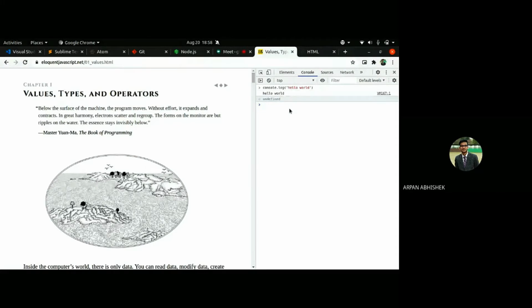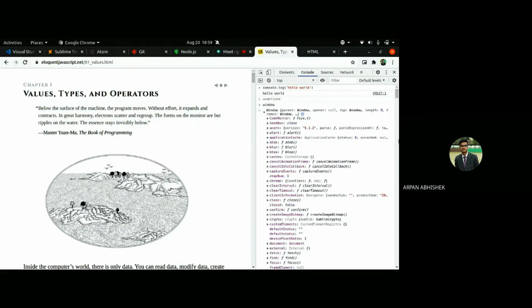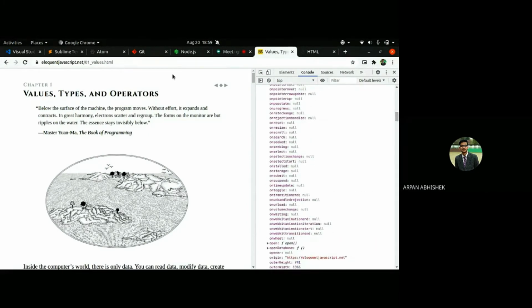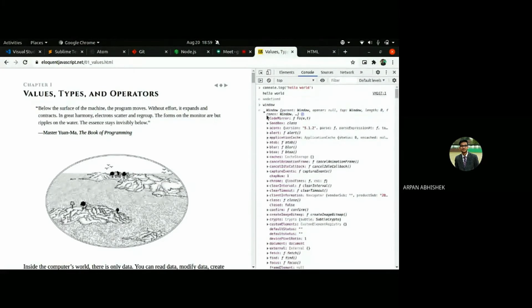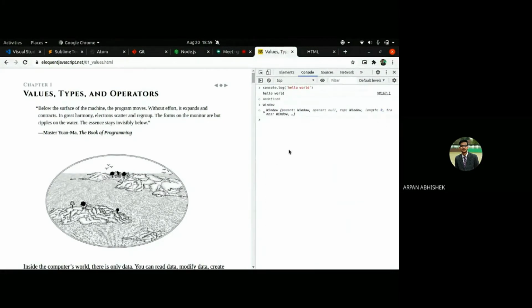So yeah, it's almost the same as the Node environment. And I say the same because every JavaScript environment has a global variable. In the browser's case, it is window. It contains all the functions that we can do on the browser window. In Node, there's no browser, that's why there's no window object. There's something known as the global object, but we won't go deep into that.